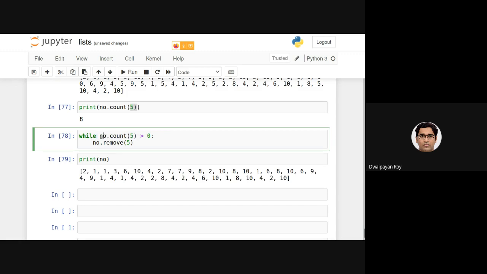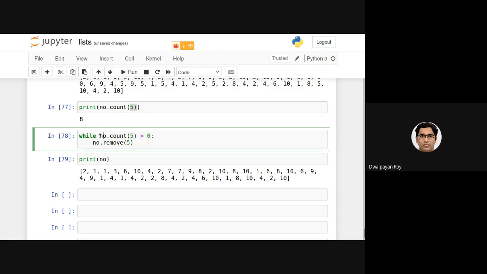So what I am doing is calling the count function with the list name. I'm checking whether the list is containing at least one 5 or not, right? If it is at least one 5, this will be true, because at the boundary case it will be 1.